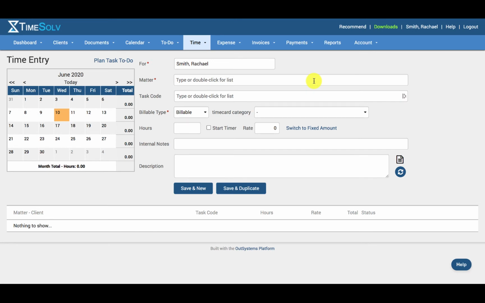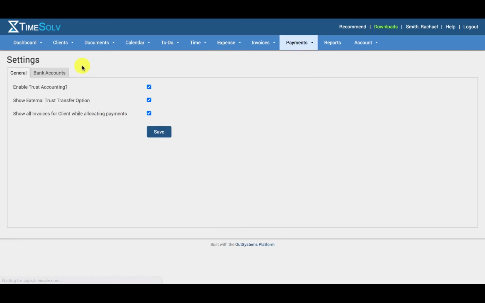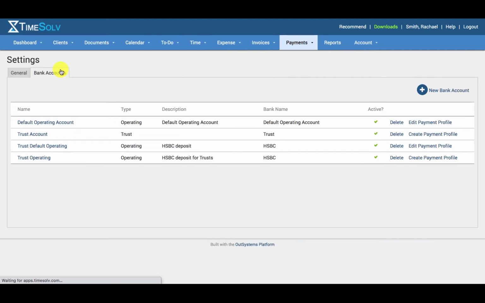To receive these online payments from your customers via LawPay, you need to set up one or more payment profiles in TimeSolve. These will be set up under Payments, Settings, and the Bank Accounts tab. You can create a new bank account from here,